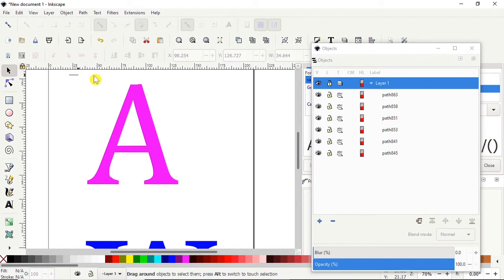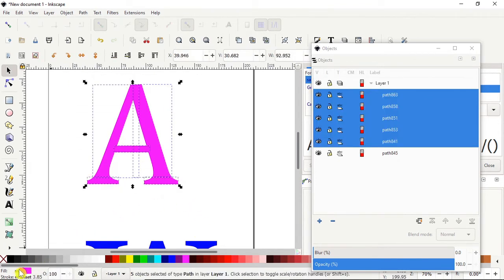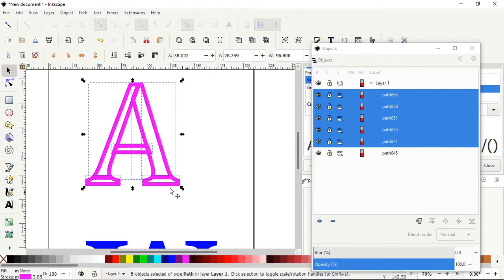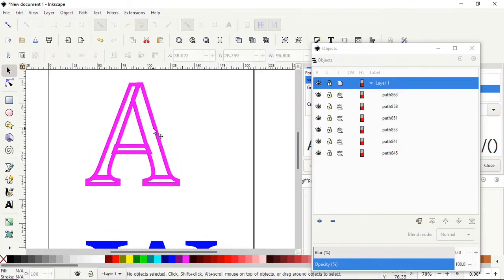And then what we want to do also is select them all, because the fill was set to the fill. Now we want to change the fill to none, and we set a stroke. And there you have all the parts and pieces for the stroke. Then what needs to happen is we will have to go through each individual part